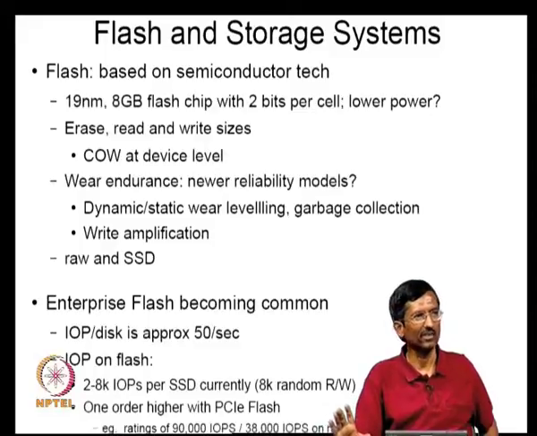Whereas with 2 bits per cell, there are 4 levels, 00, 01, 10, 11, in terms of some analog quantity. You have to mark out the analog quantities. So this MLC is cheaper,